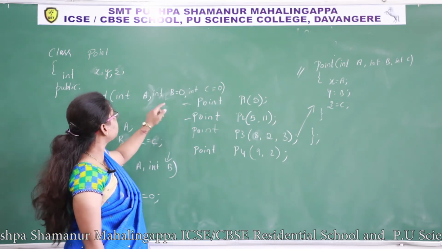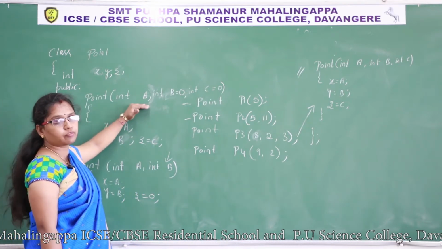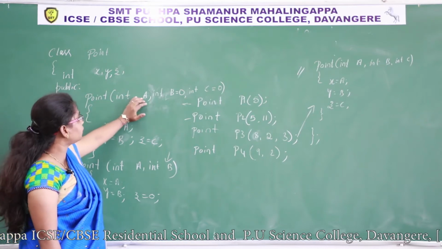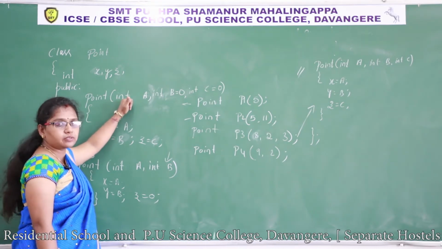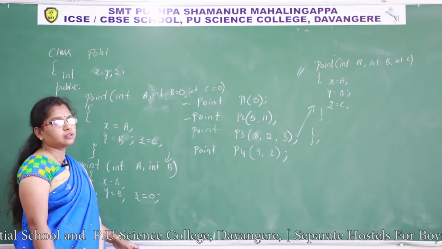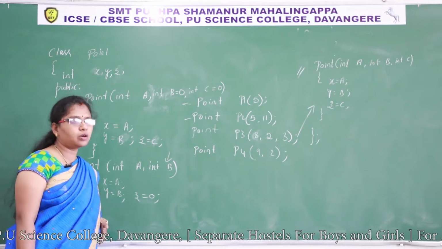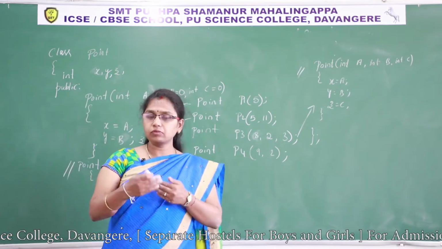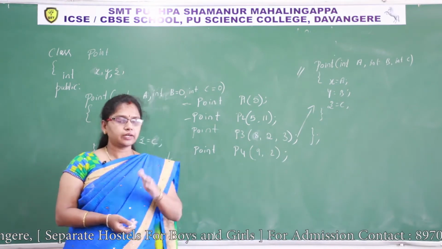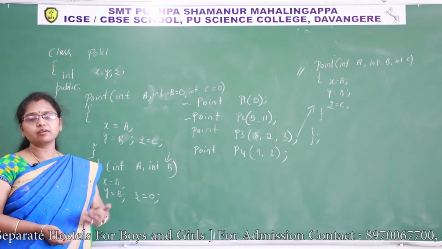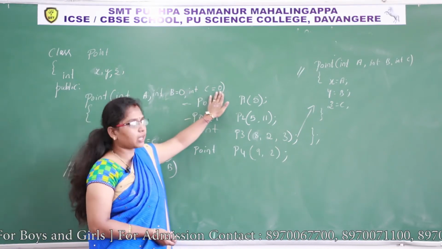And one more condition, you have to set default values from right to left and you must leave one parameter as it is. You should not give a default value for all of them. If you give a default value for all the data members or all the formal arguments, then it becomes a default constructor. So the default constructor now becomes equivalent to default arguments. There is a question of how a default constructor is equivalent to a constructor with default arguments. Okay, later we shall discuss that. Let us understand what is meant by a constructor with default values. This is a constructor and these two are the default values.